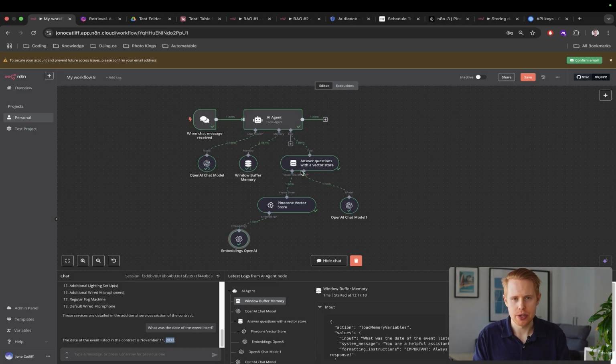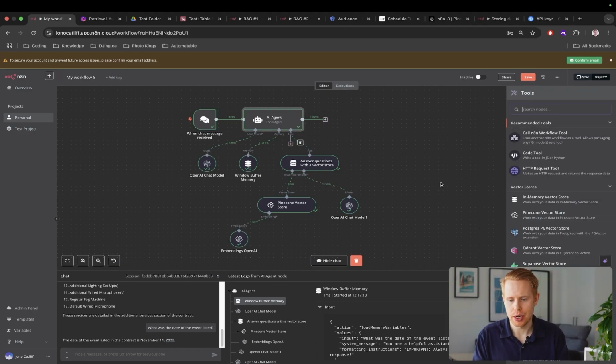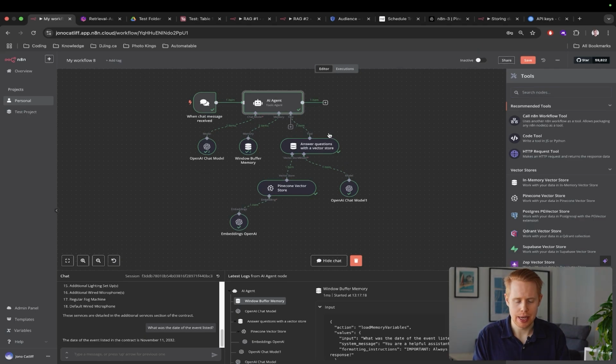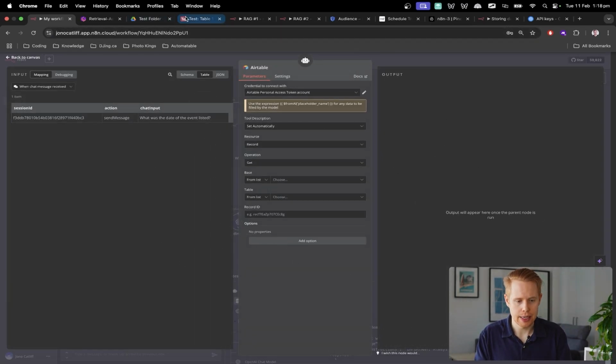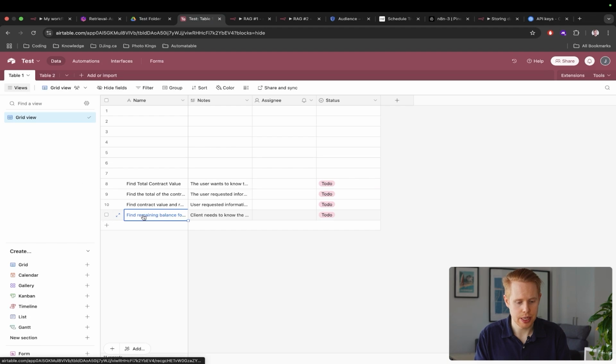And now what I want to do is take it one step further, and add in one more module where we can supercharge this AI agent, where we not only give it access to reply back to people, but we also give it access to create tasks on our behalf, right? And so that's where we can add in another tool here. And this next tool is just going to be Airtable. And so what we can do here is allow ourselves to add tasks into this Airtable